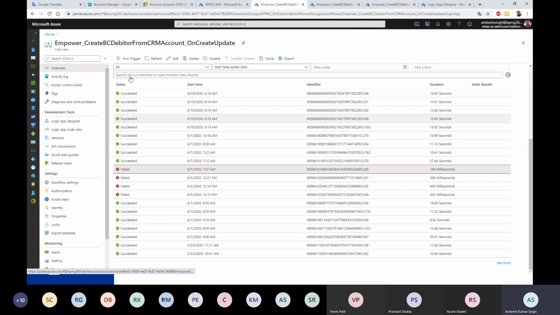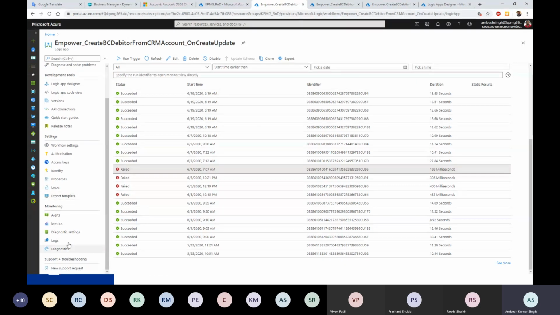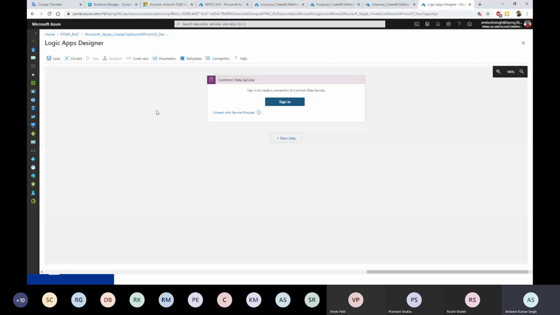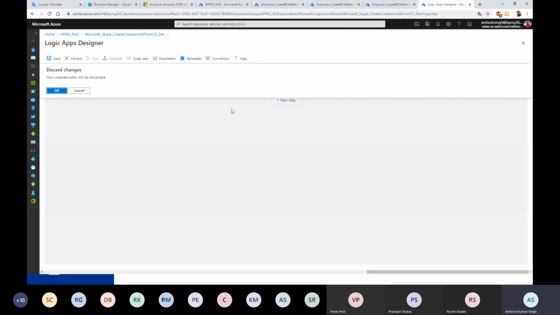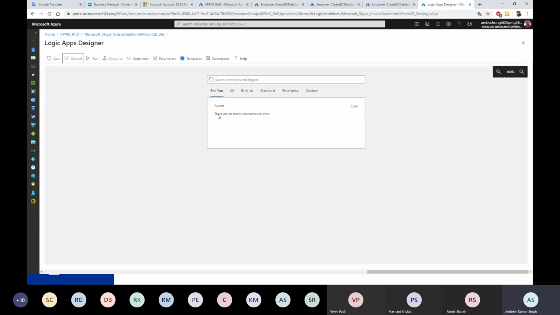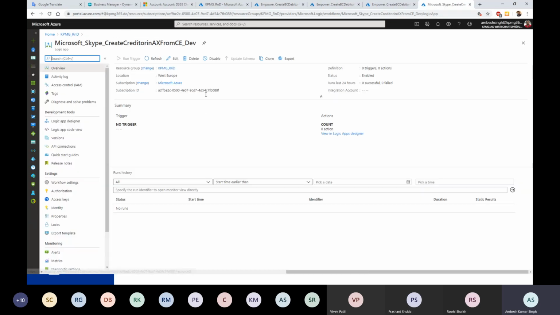Okay, so that's what I was trying to tell. And then you have monitoring, you have support. If something is not working and you need some support from Microsoft, you can just directly click here and start your support ticket. So that is more or less the overview of how the UI looks. And then I would quickly go and see Logic App Designer here. This is the common data service or the parameter I have chosen. So I would like to discard it here for now and show a few more things, or maybe I can go to the home page here,